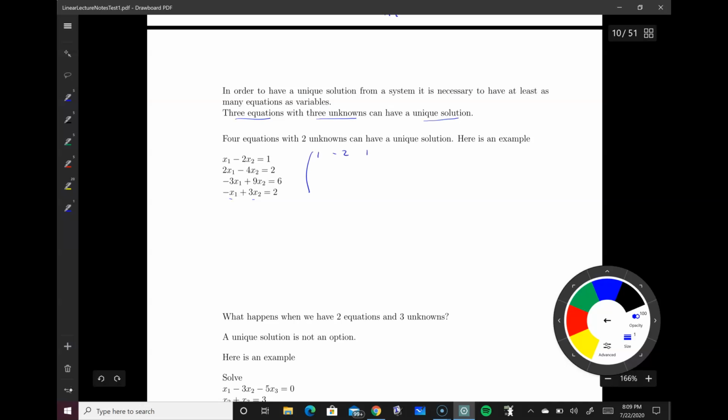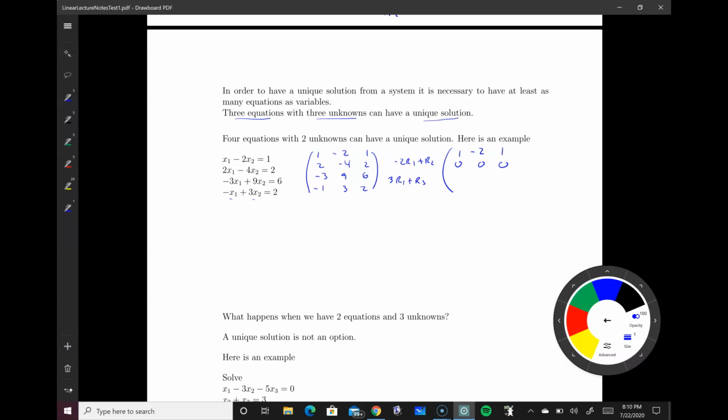So the matrix rows are 1, negative 2, 1, 2; negative 4, 2, negative 3, 9; 6, negative 1, 3, 2. All right, so let's do some row operations. Let's multiply negative 2 times row 1 and add it to row 2. That gives me a 0, and that gives me a 0. Okay, then if I multiply row 1 by 3 and add it to row 3,